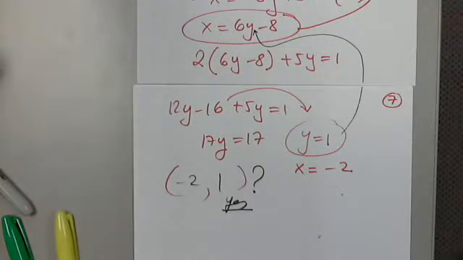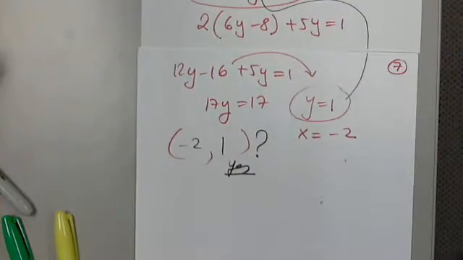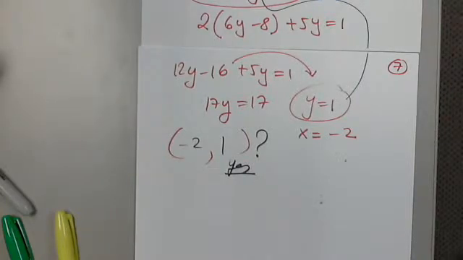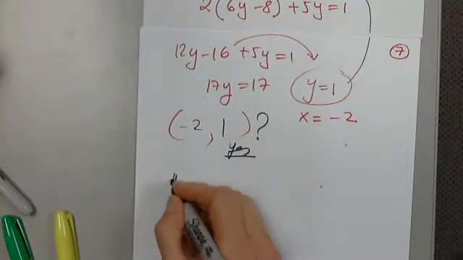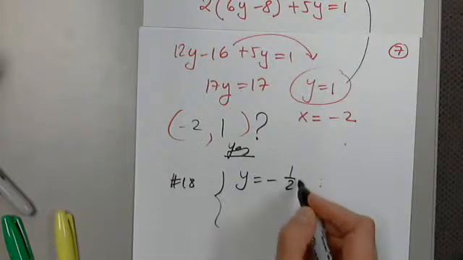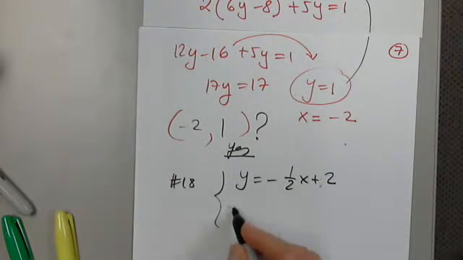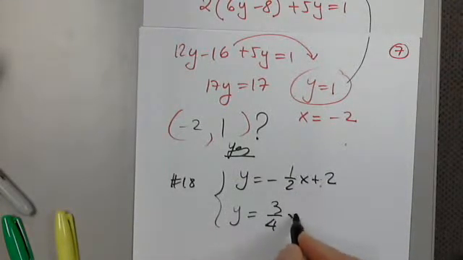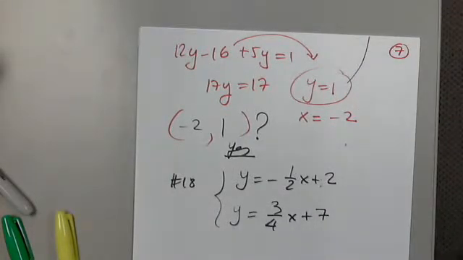This is the method of substitution. Let me know if we need another. We'll choose another. Of course. Okay, still on page 555, let's look at 18. Here's the system. y equals negative 1/2 x plus 2, and y equals 3/4 x plus 7. The same requirement. Use substitution to